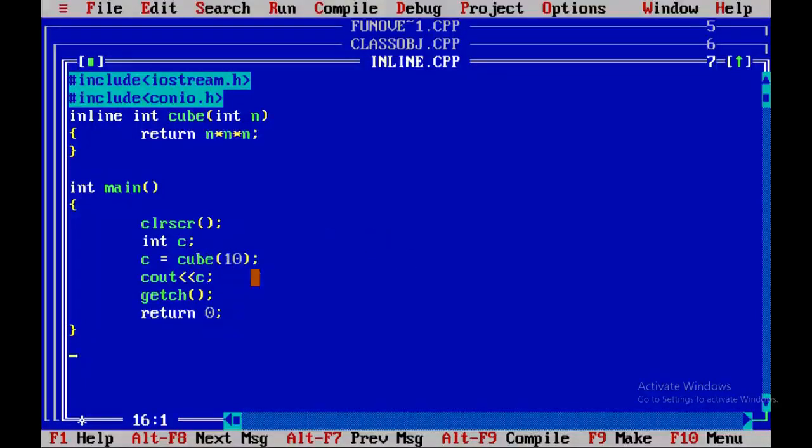The difference is while the program is being compiled. Whenever the compiler finds the line c is equal to cube 10, this line will be replaced by the statement return n into n, so that the compiler can save the time of jumping from the main function to the function definition and getting back to main.